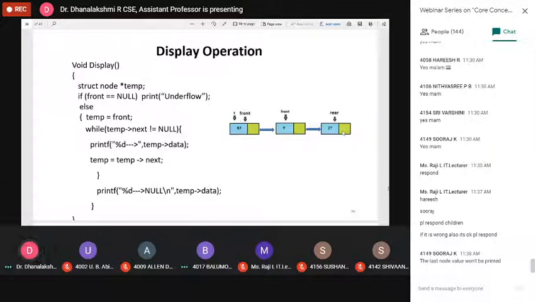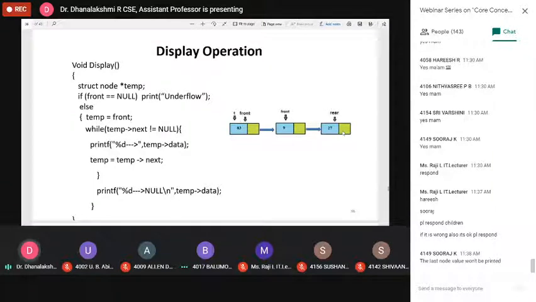So many display functions are there. We discussed a lot in linked list, doubly linked list, stack. It's a very, very easy routine to display the elements from the list. How can we display the last node? What will be the code?